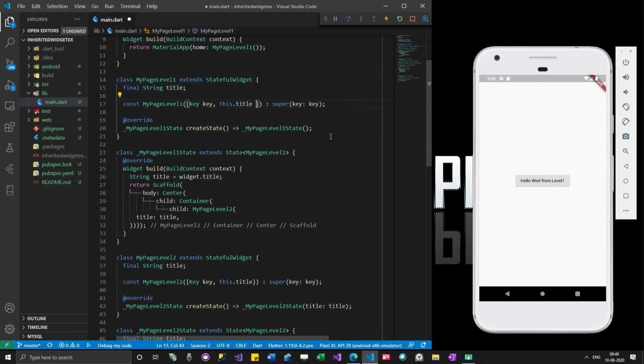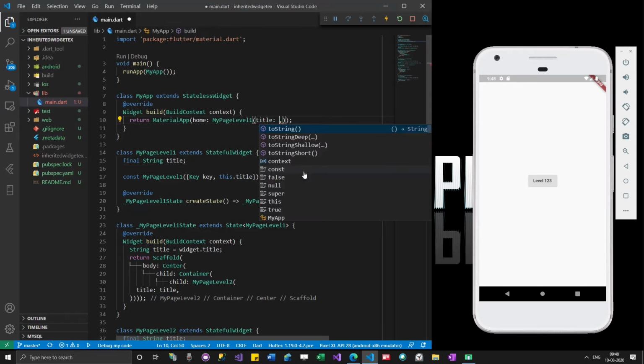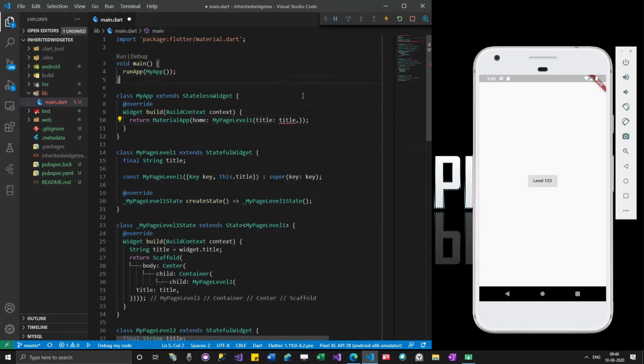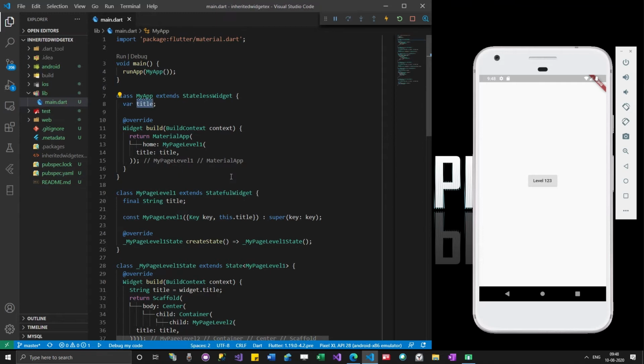So all I need to do is give level 1 2 3. So still it is accessible, right? Let me do one more thing. Let me add title over here, add a field title and then give